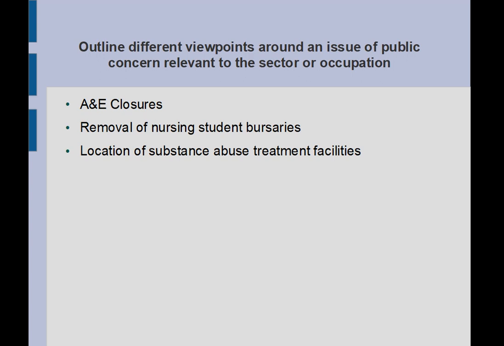Like if we had a look at the location of substance abuse treatment facilities, we might think about oftentimes the public object to these being in their area. However, there is definitely a need for these. Professionals say there's a need for it. Groups that represent people that have had these difficulties would say that there's a need for it, and the evidence bears out that it does seem to be for the best. But local groups tend to object to them being in their area.